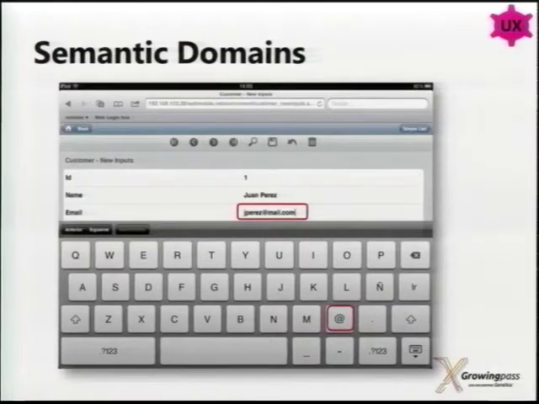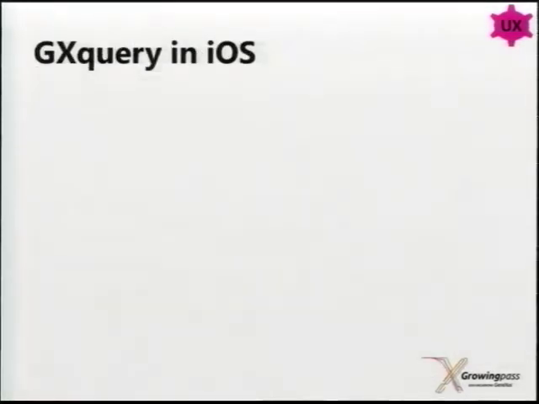When you run that web mobile application in a device such as the iPad, it automatically enables a keyboard that includes the @ symbol if you define a field based on an email domain. And there are other features that include web mobile,